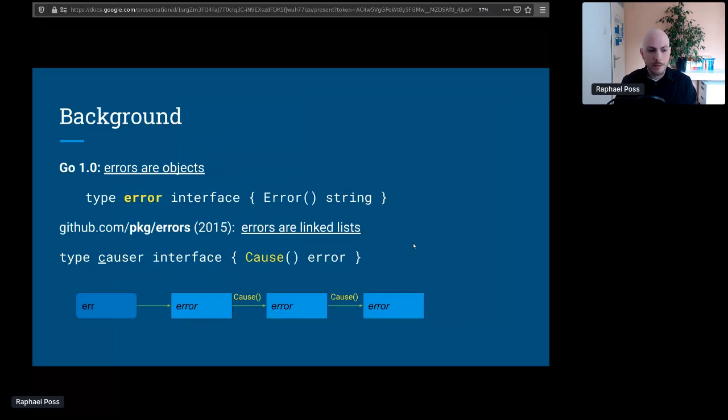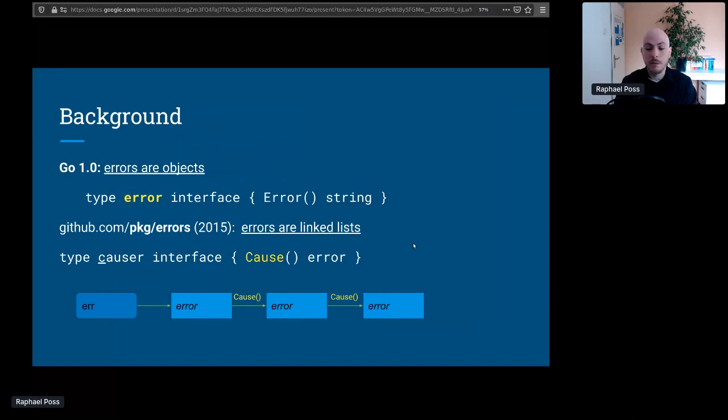Let's get started. At the very beginning, what we have historically is this vision that errors are objects. They are data that can be inspected by programs. That vision was there from the very beginning. So the standard API is a built-in interface called error in small letters that is visible everywhere, and that only guarantees that error objects have a textual message that can be displayed.